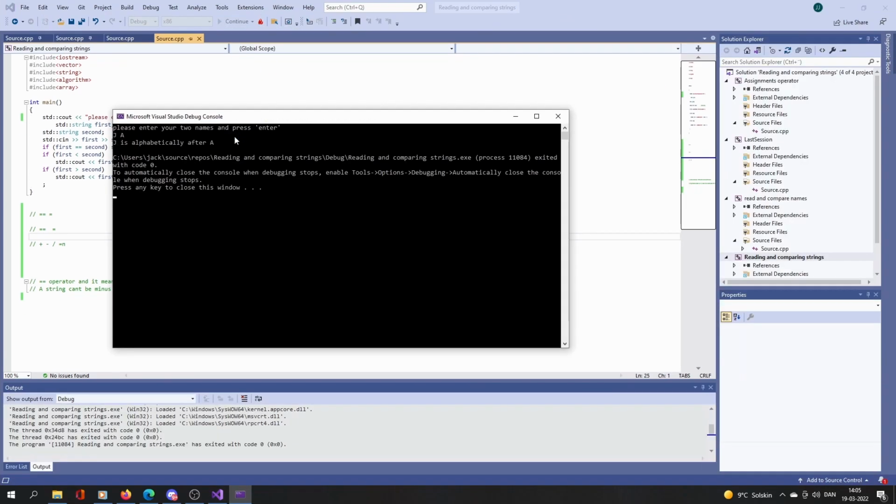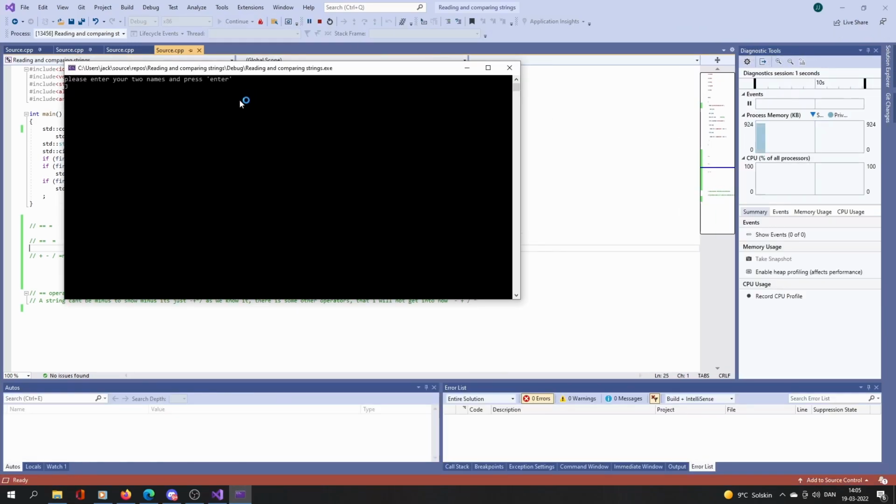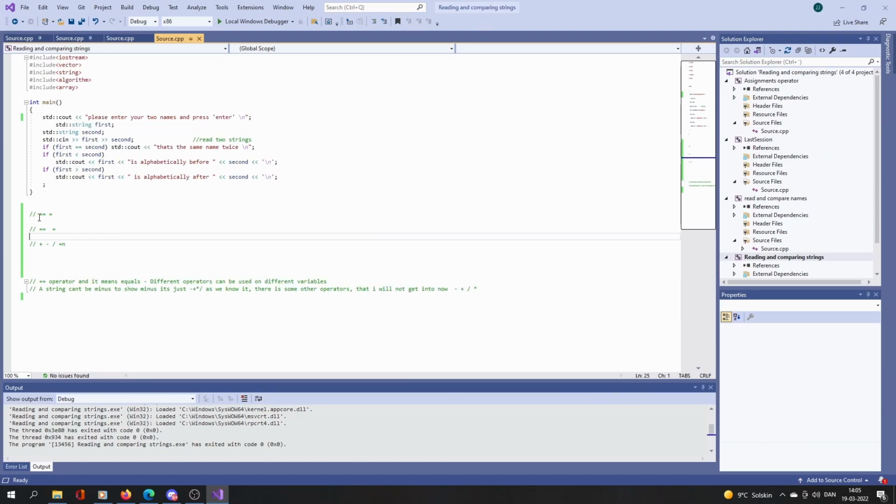J and A: J is alphabetically after A. A and J: A is alphabetically before J. So one thing I also want to show you before we end is what